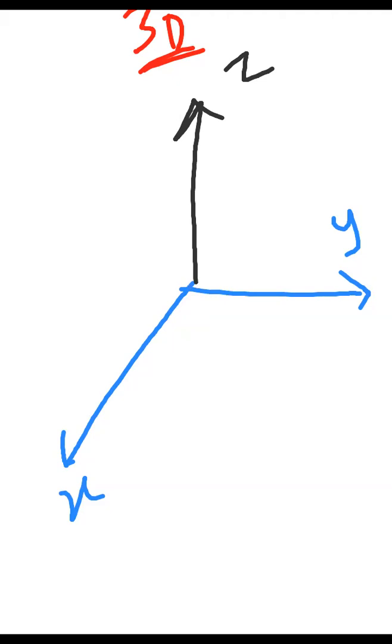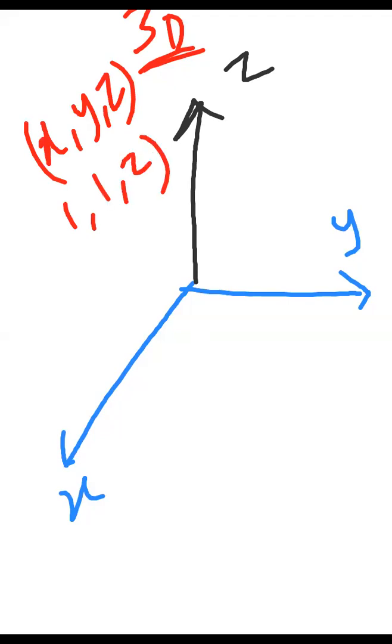How much x you are having. So say, suppose I want to go to x, y, z, for example 1, 1, 2. First of all, you should travel 1 unit here, and 1 unit here in the y axis, then you will get some common point. Now this common point will be in the xy plane, but you have to go just above that point, upward by the unit of 2.